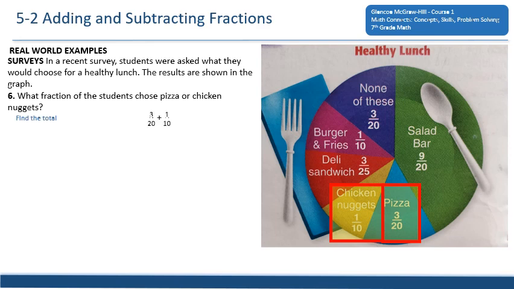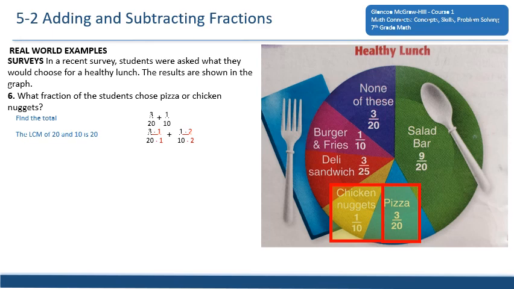So we need to do 3/20 plus 1/10. And the least common multiple of 20 and 10 is 20. Hopefully that jumped out at you because 20 is a multiple of 10. So that is going to be our least common denominator. And we don't need to do anything to 3/20, so we'll use the identity property there just to show you that. And then we're going to add that to 1/10, which is going to be